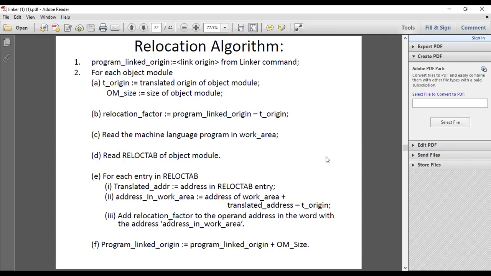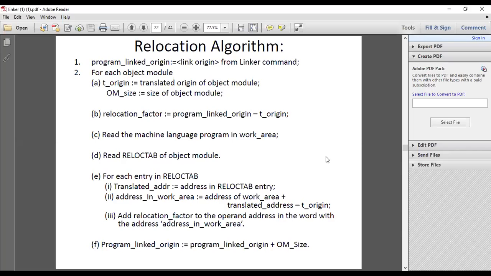For example, if the translator has given the address as 500, that is, at location 500 the program starts, and if the size is 42, then at 541 the program ends. But if the linker has given the address as 900, then we have to transfer or relocate that program from location 500 to 900. For this relocation task performed by the linker, it uses a relocation algorithm.